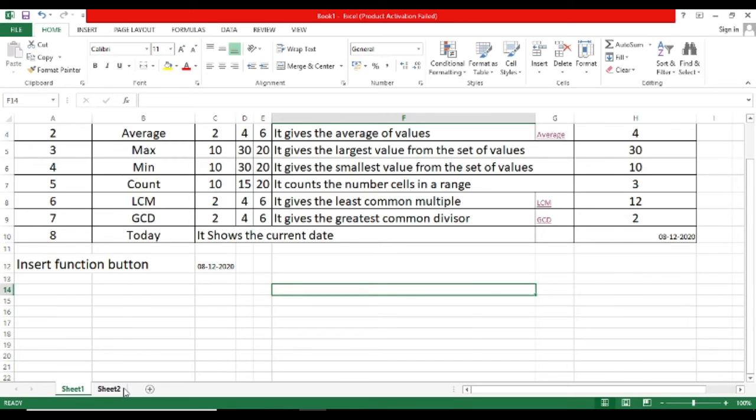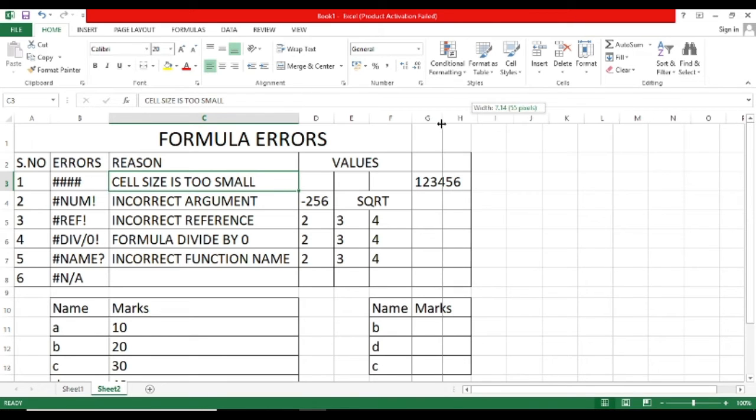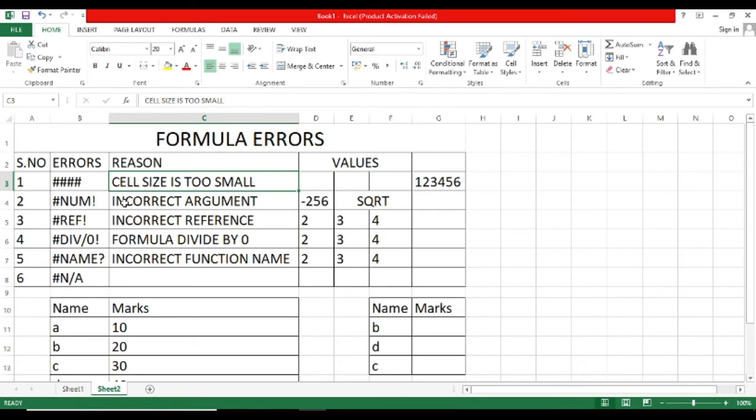Then we will see the formula errors. These are the errors given in our book, and these are the reasons why these errors appear. First, whenever the cell size is too small, you see this error. Second error is whenever you write an incorrect argument.